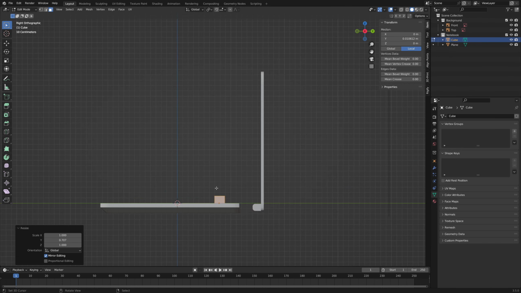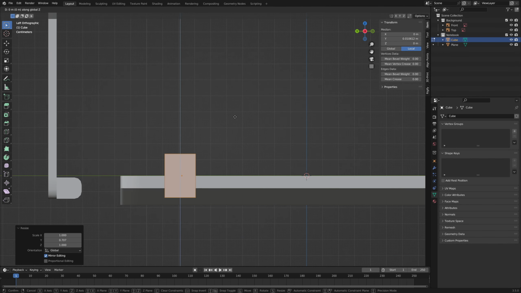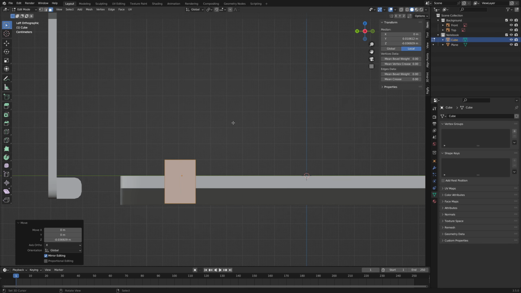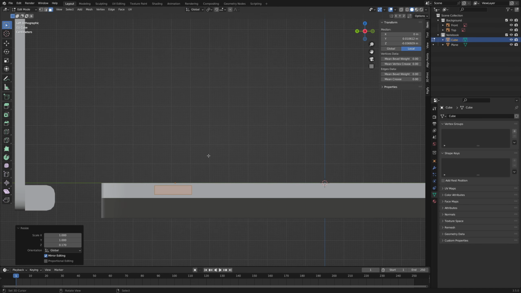Go to the side view with 3 on the numpad, and when you press 9 on the numpad after that, we can switch to the other side. With GZ we center the cube, and with SZ we scale it down on the Z axis until it has a size like this. We move it down a little bit so it is in the center of our band,